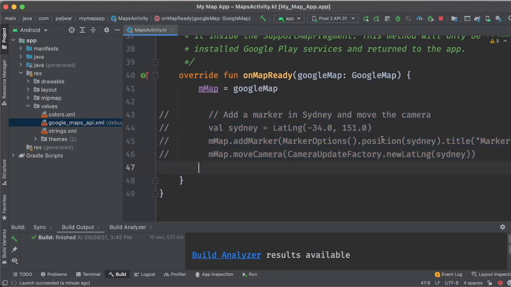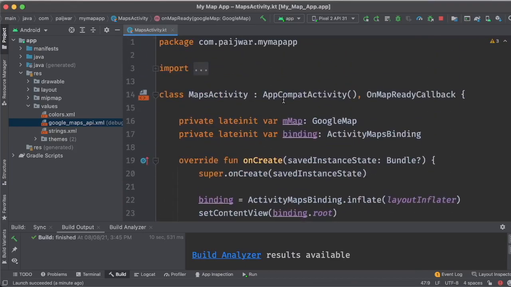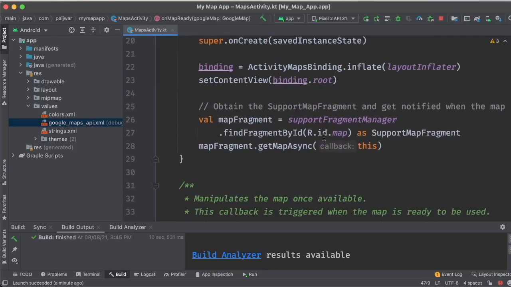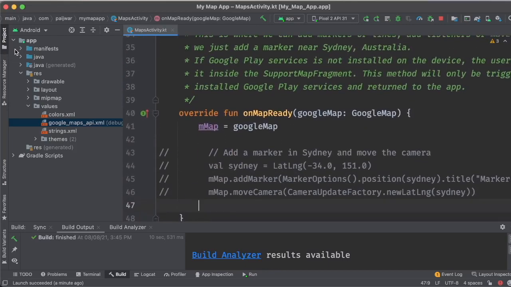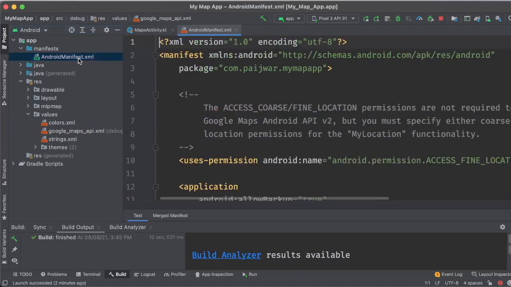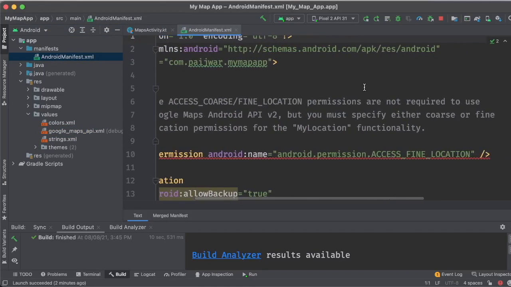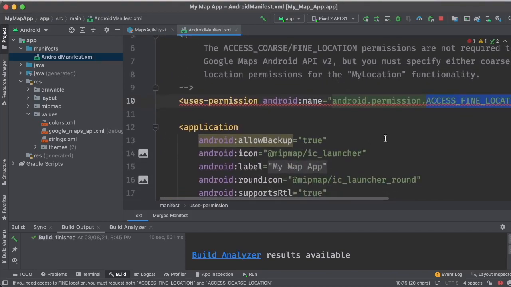Here, before we go into details, I wanted to tell you that if we want to use a location, currently in this application we are not using a location. So I will go and see in the manifest what all our permissions are defined. So here you will see it says access fine location, whereas in the map we are not using any location.